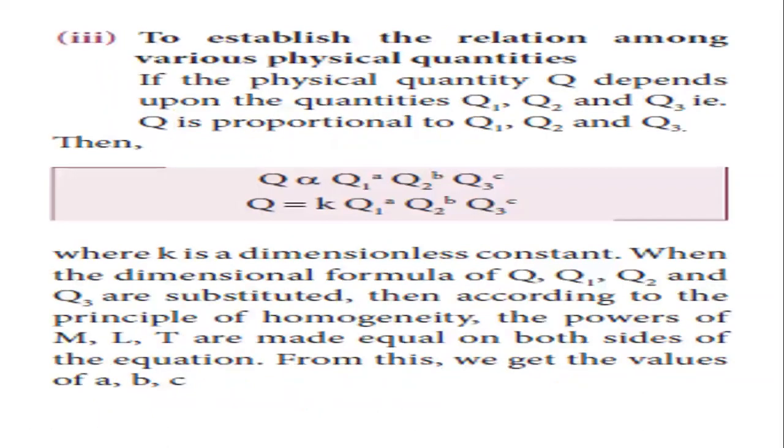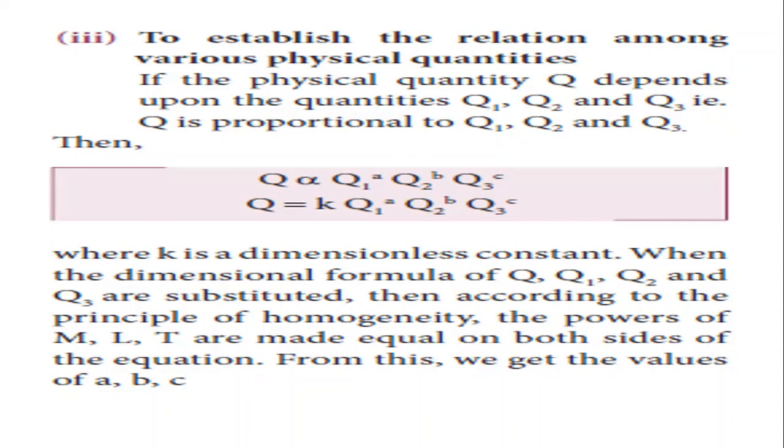Now the third use, to establish the relationship among various physical quantities. So we are going to find out an equation. Okay, so if we take one physical quantity as Q, and that physical quantity is depending upon three other physical quantities, we write them as Q1, Q2 and Q3. So the quantity Q is depending upon the three physical quantities Q1, Q2 and Q3. So we can write Q is proportional to Q1 raised to a, Q2 raised to b and Q3 raised to